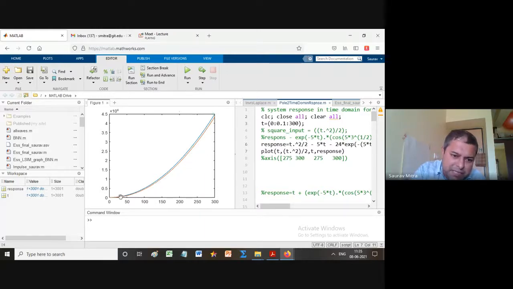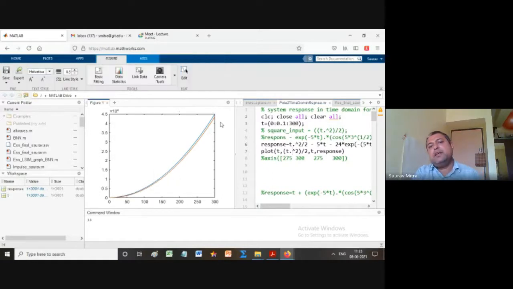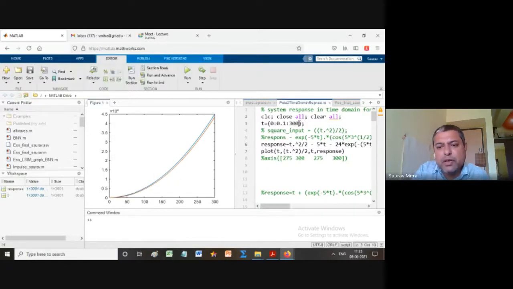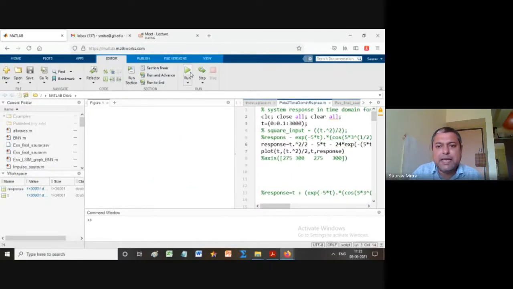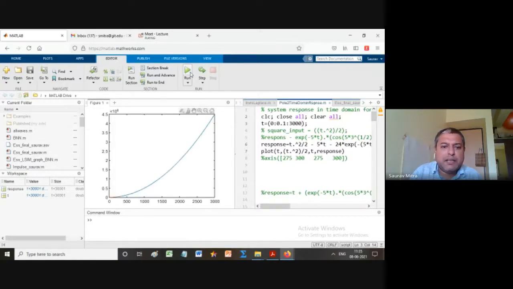So towards the left side, it is almost aligned, blue and red line, and as the time is going by, their distance is becoming bigger. Okay, so if you plot it for, let's say 3000, let's see whether we are getting a bigger distance or not. Okay, so this is the fun of MATLAB, that you can do very big things within a very small frame of time, and it can help you. So output is not getting produced for such a big thing, but I think up to 1000 it will show.